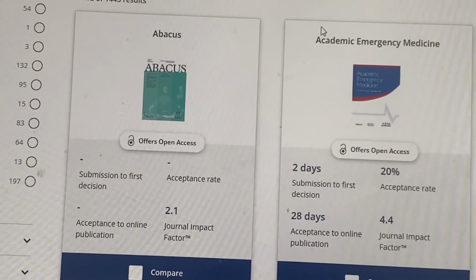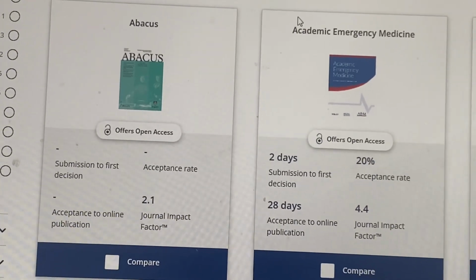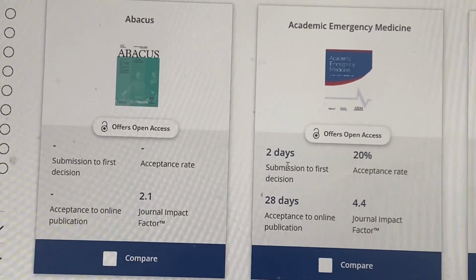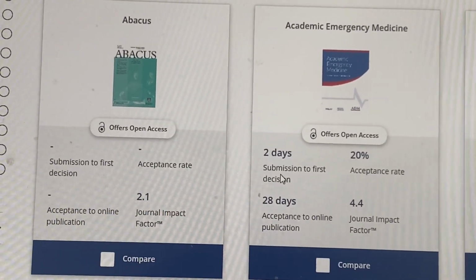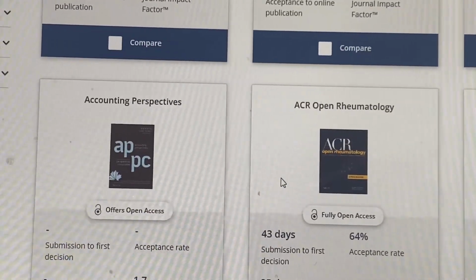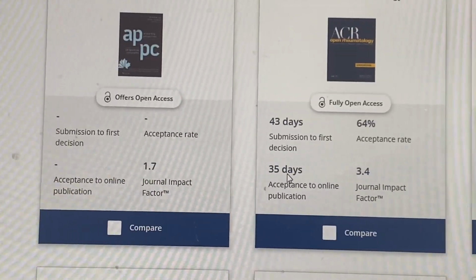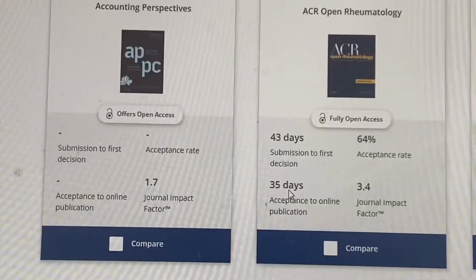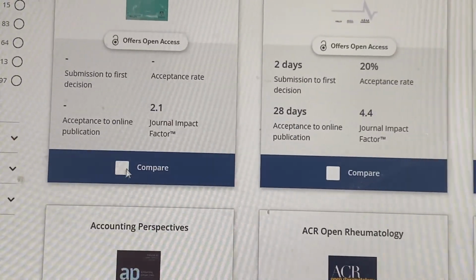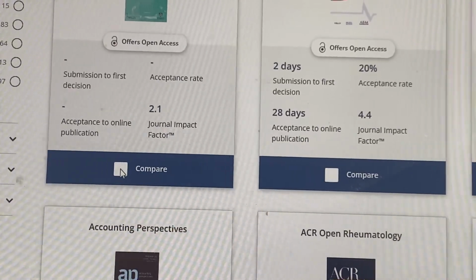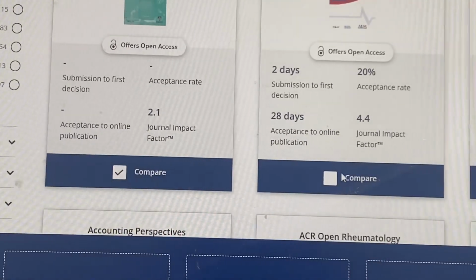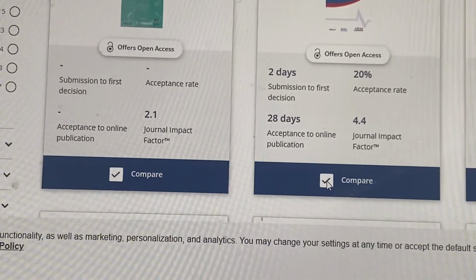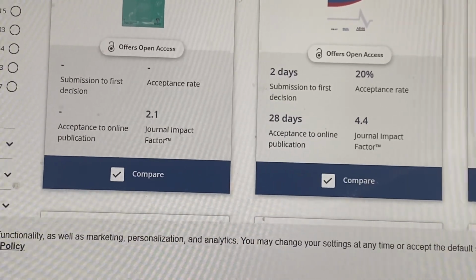where it's going to show you the percentage of acceptance. For example, this journal shows you the minimum time that you're going to get a decision from the editor. So when you submit your manuscript, with most journals there is a time when it has to go through the editor's desk first, and if it's not suitable for the journal, it's automatically rejected.